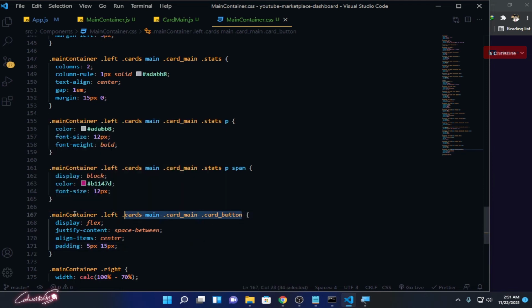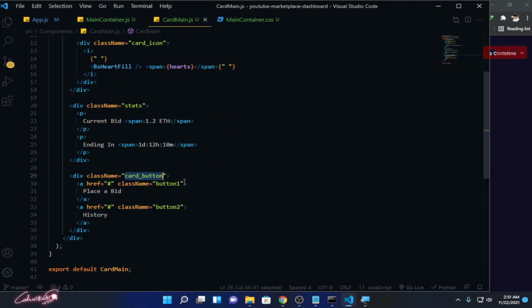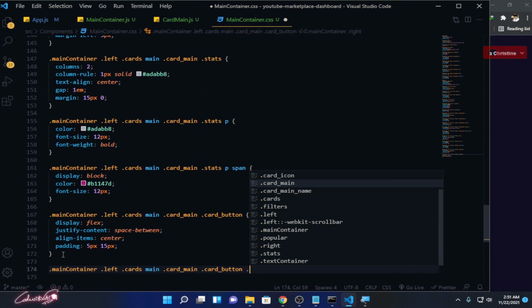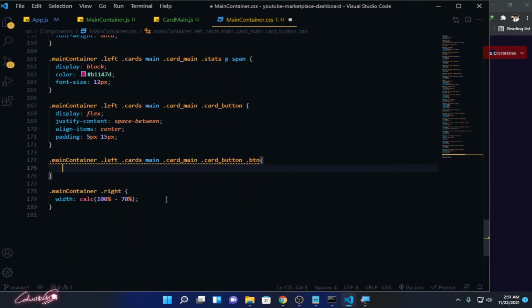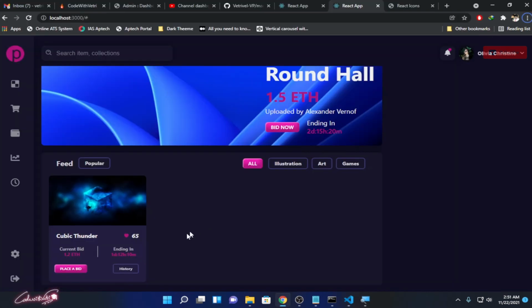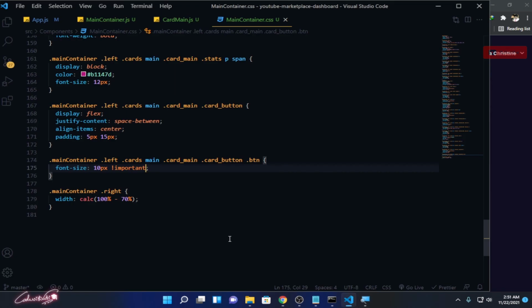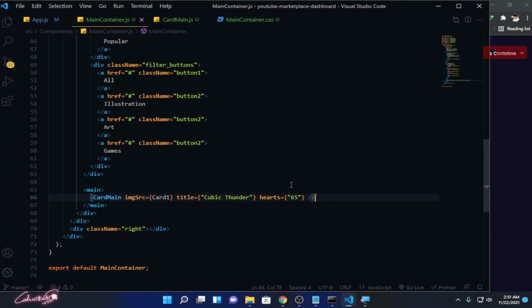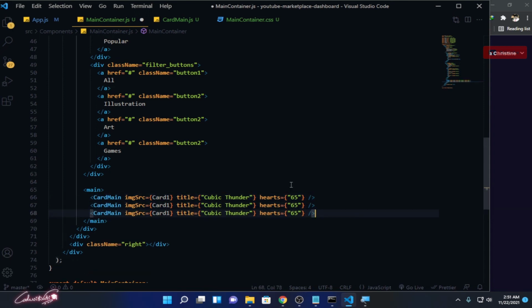Okay, but I need to reduce their sizes, so I need to create a common class between them. So button and button, I'll copy it. Inside this I have a common class called btn. I'll reduce the font size inside it. Font size is 10 pixels and make it important. Now you can see their sizes are reduced. Okay, so now all we have to do is just to create, copy this and paste it